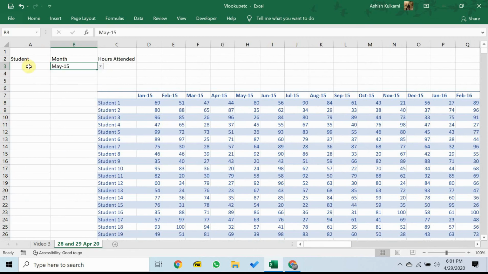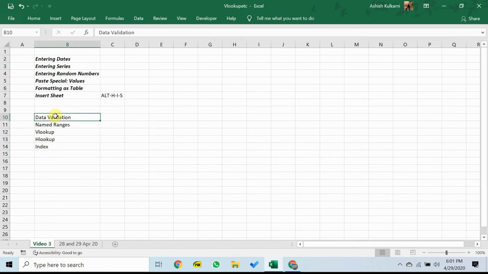Works like a charm. So if I want to find out number of hours attended for student 994 for the month of May 2015, then I should be able to get automatically hours attended over here. This is data validation. Check.